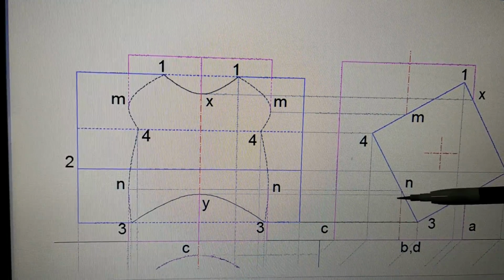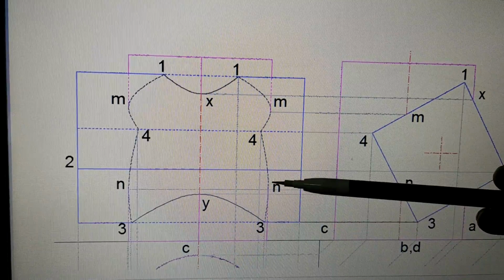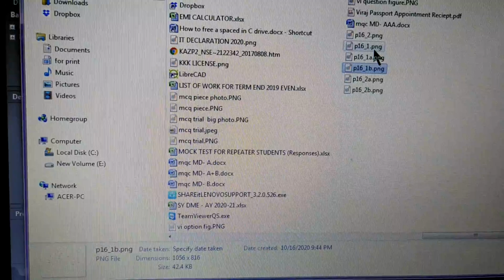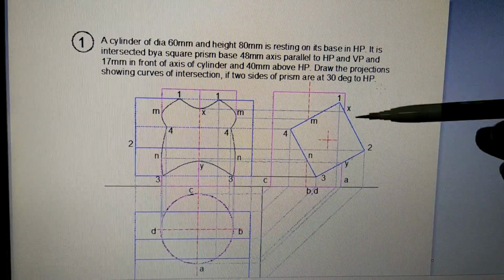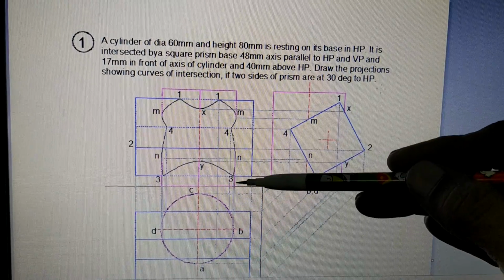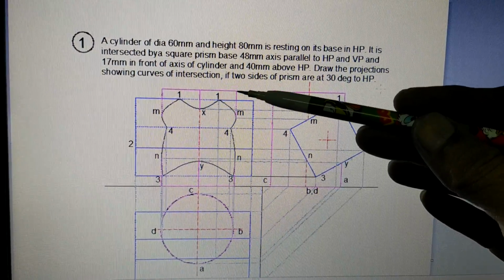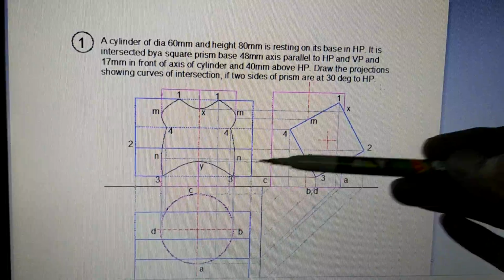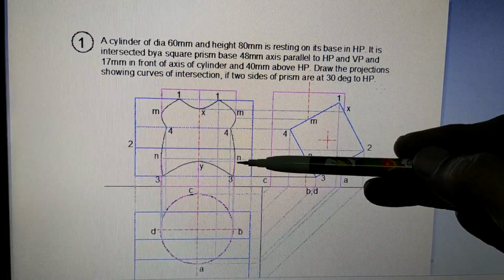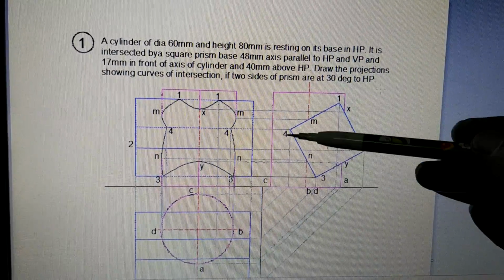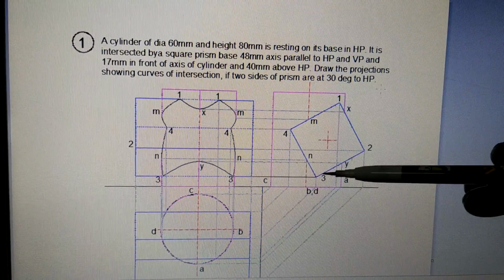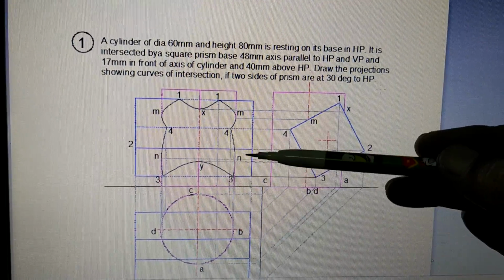So this is the height of N, and when you bring this down and bring it up, it will come here. Maybe in the other figure I can show you. You can see here, this N is lying on this last generator, which is B. So on this B, N is going to lie. The height of N is this, so N will be here. So we have found point N, point 3 and point 4. We have done 1, X2, 2, Y3, 3 and 4. So these points we have marked.